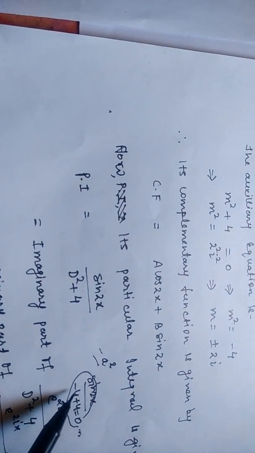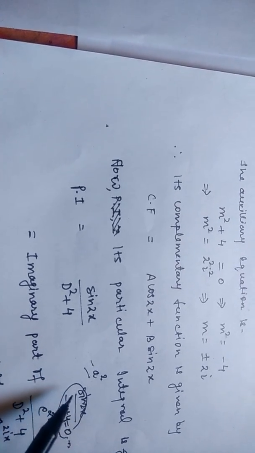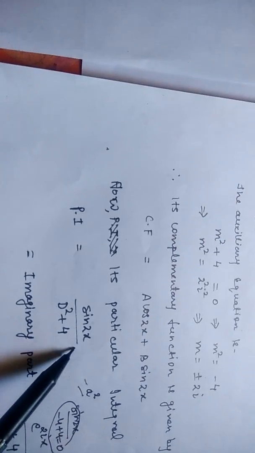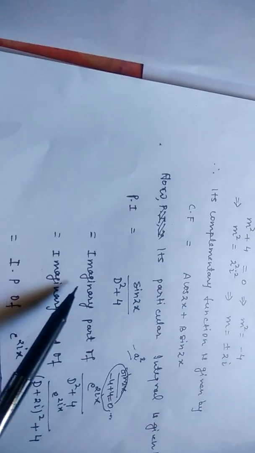Since the denominator equals 0, we cannot proceed for the solution. That's why this property cannot hold here, and so we will find the solution of this differential equation as the